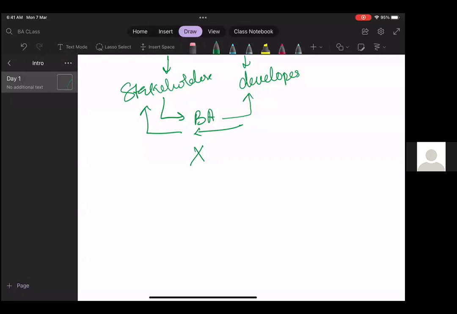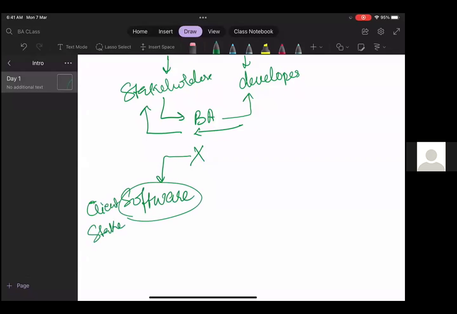Let us assume that there is this company X whose business stakeholders decide to update their software. This is actually the client or could be the stakeholder. The software they want to update requires an additional feature, say user experience, to the existing application.